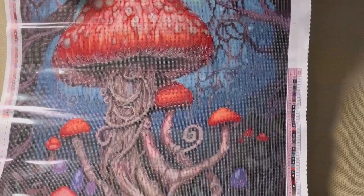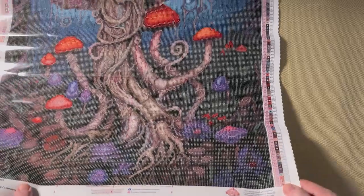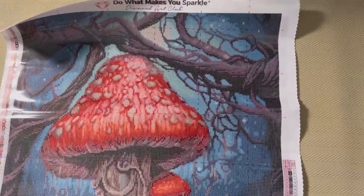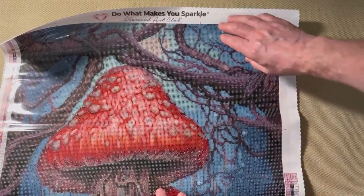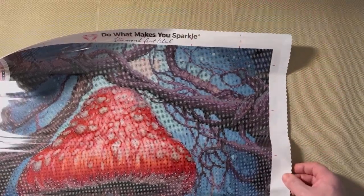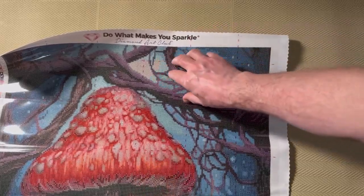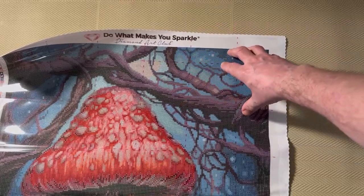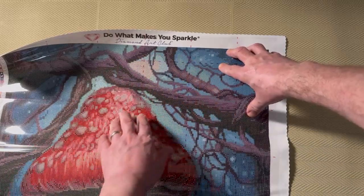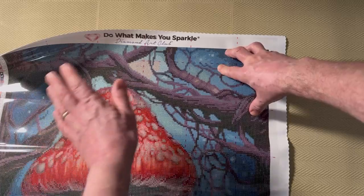So the next thing that I want to talk about is, I'm trying to think where's the best place to talk about this. Probably at the top. Another thing that's different about Diamond Art Club, and there are quite a few things, is the actual clear cover. They have perforated the cover. All other companies, it's just one big sheet, and people will use washi tape to section it off and cut it into sections. People will remove the clear cover and put